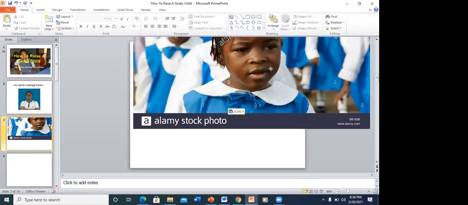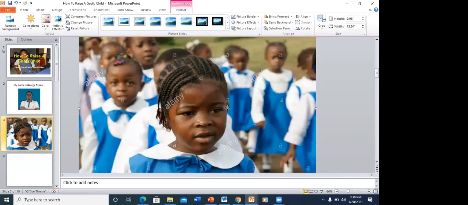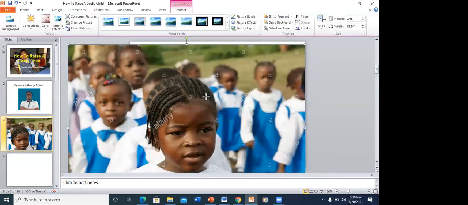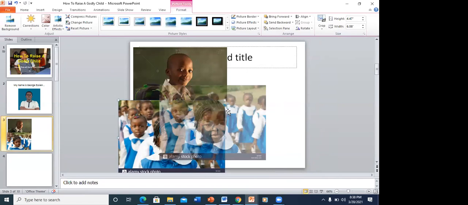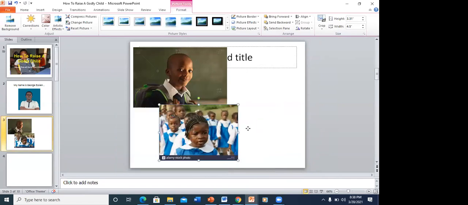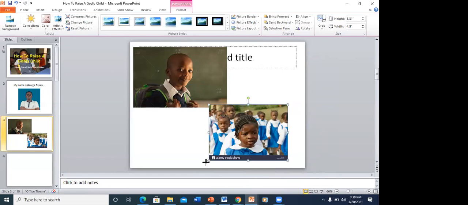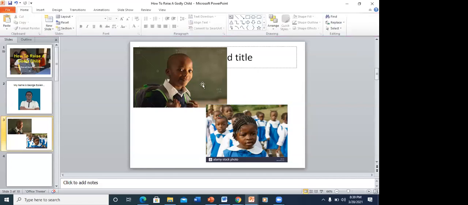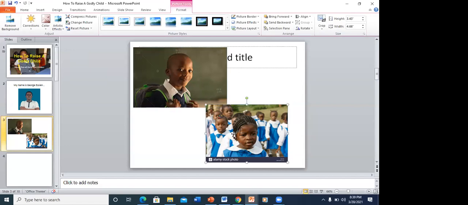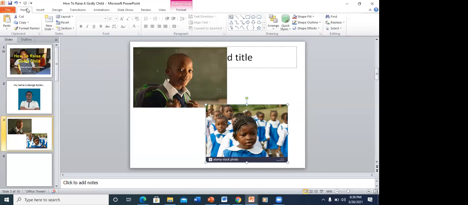All right, so it looks bigger, right? So we just find a way to reduce the size of it. So principally, that's basically how. I put two pictures. I just copied from the internet and I pasted it there. As easy as that. That's how to play with pictures on your slides. So let's move on to another very important thing to learn.